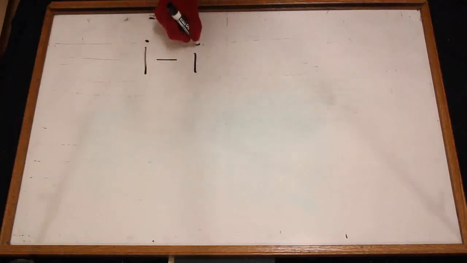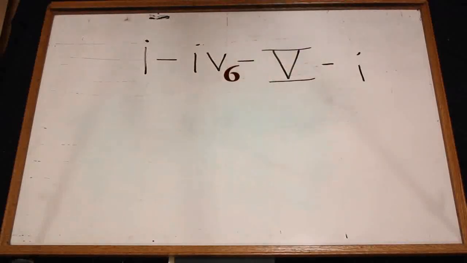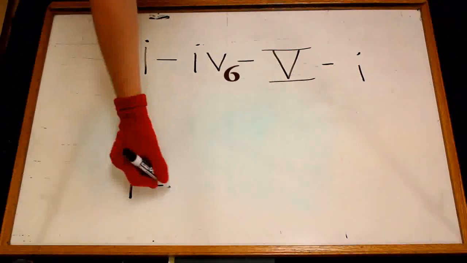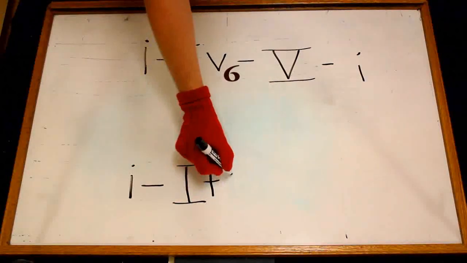This is a typical chord progression for a minor key. Let's use C minor: 1, 4, 6, 5, 1. I'm using the first inversion 4 chord, so the bass line will be the same when I add the Italian 6 chord. This is the chord progression for the Italian augmented 6 chord: 1, Italian augmented 6 chord,